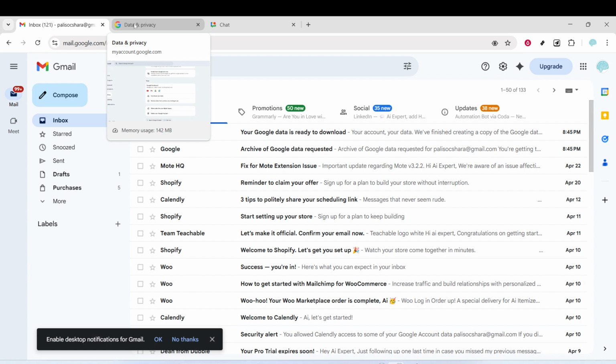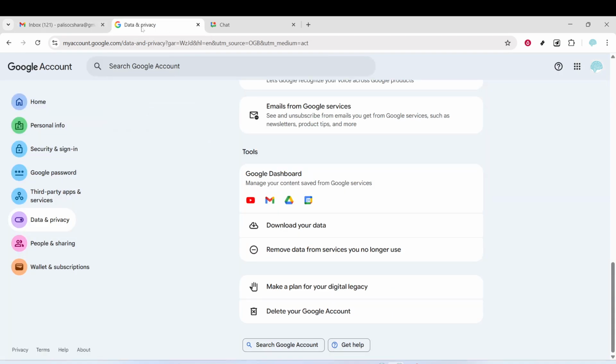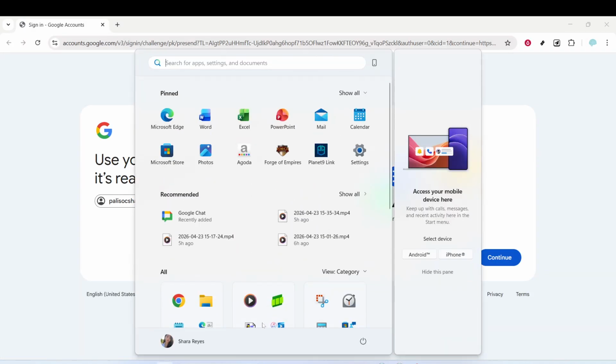Now, if you want a more drastic, permanent solution that goes far beyond disabling chat, there's an option to delete your Google account entirely. This is only for people who are sure they no longer want any Google services tied to that account. Deleting your Google account is permanent and removes access to Gmail, Drive, Calendar, Photos, YouTube, purchases, subscriptions, and all associated data. Use this option with extreme caution and make sure you're comfortable with losing access to everything